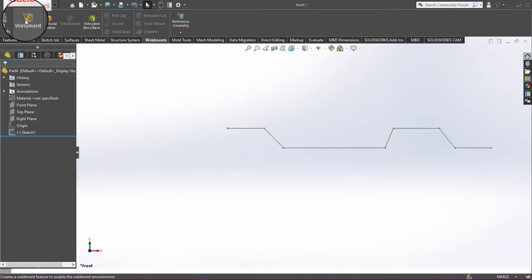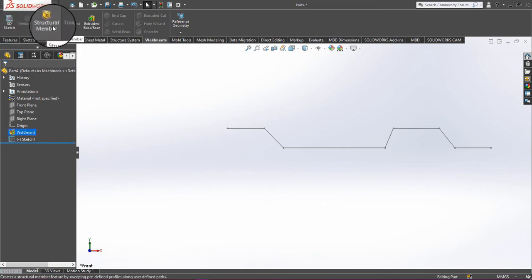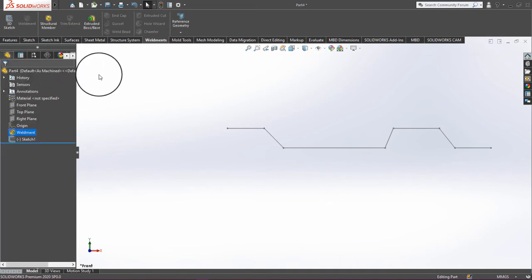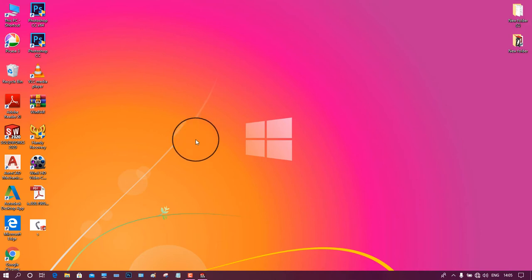Now click on Weldmates, and now we will click on structural members. Fine. So here we have ISO, ANSI inch and Weldmates IS 808 1989. This is custom made by me because I am from India, and this is as per the Indian standards of Weldmate profiles. If you want to get more about this, because I don't know from which country you are, so if you belong to India and you want to learn about Weldmate profiles of India, see on our desktop we have one PDF called IS 808.